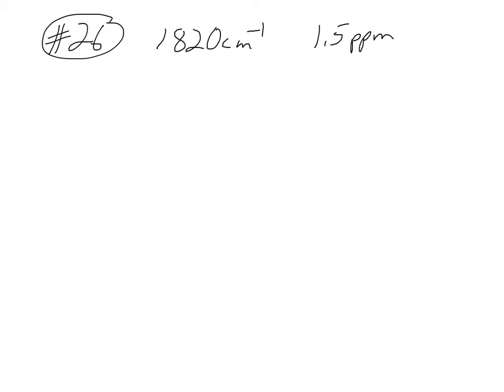26 is an interesting one. It says, propose a structure for compound A. It has an IR spectrum at 1820. Whoa. And a single proton NMR absorption at 1.5 ppm. So just one NMR peak at 1.5. It says compound A reacts with water to give dimethyl malonic acid and with methanol to give monomethyl ester of the same acid. So